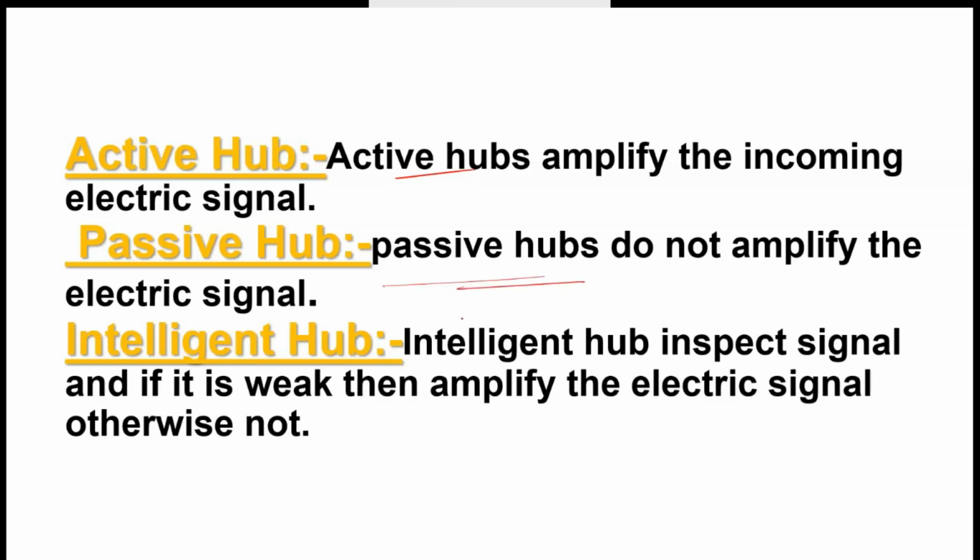A passive hub does not amplify the electricity. It will not regenerate the signal. If the signal is weak, just discard the signal, no need to go to the next. But an intelligent hub firstly inspects the signal. It will check: if your signal is weak, then it will amplify. If your signal is strong, it will not amplify. So that is called intelligent, right? So now in this hub,